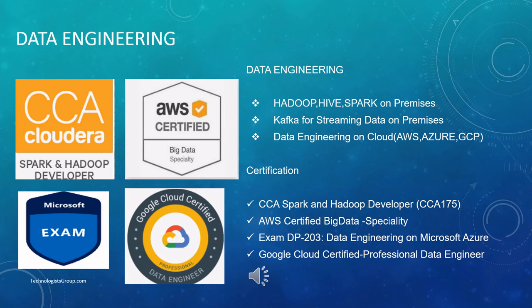In case you want to learn about cloud related data engineering, then the first one is the AWS Certified Big Data Specialty. Using this, you can understand AWS EMR and AWS Redshift. EMR is nothing but setting up a big data system within AWS, and Redshift is a kind of data warehouse. So there you can store all your structured data.